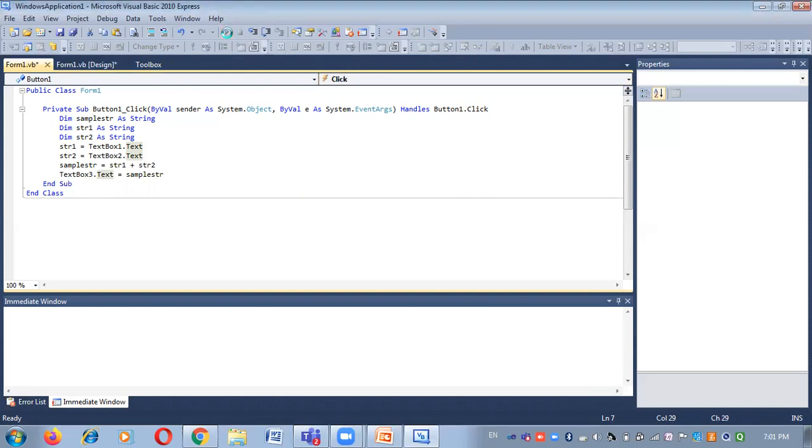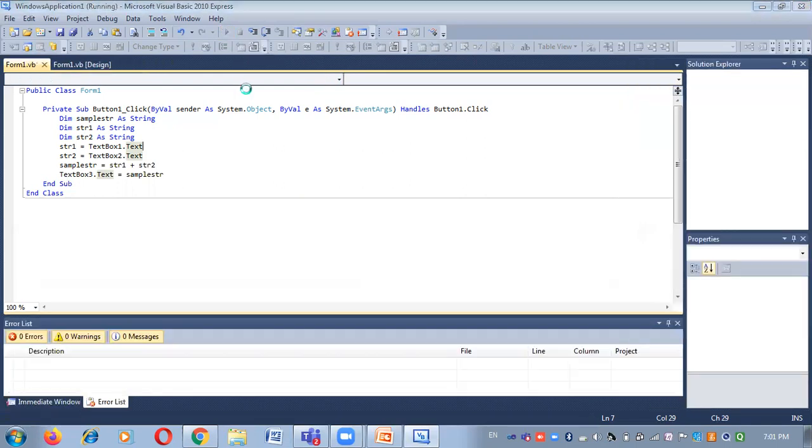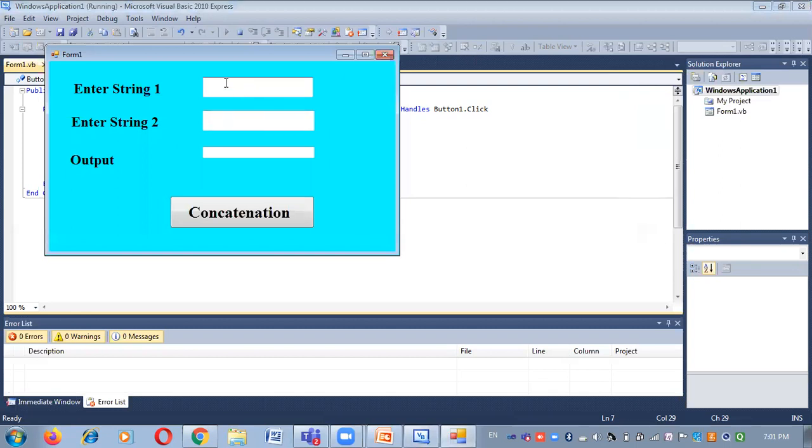After compiling your project, the output string will be displayed like this. Now you can enter a string, say hello and world. The output will be displayed as hello world. Here you can concatenate two strings at one time, say my world. The string will change once you enter the output.